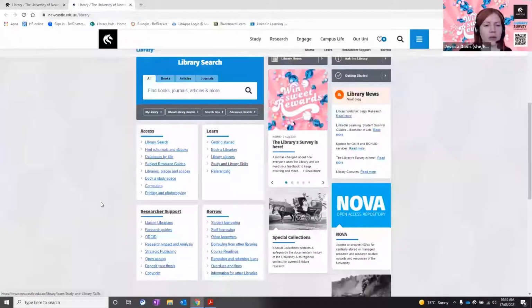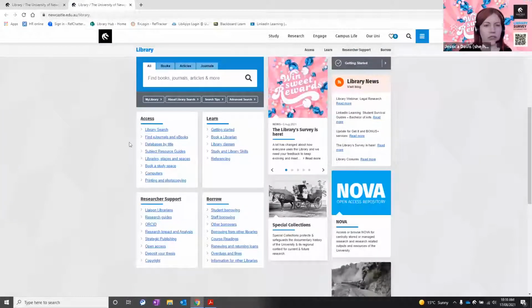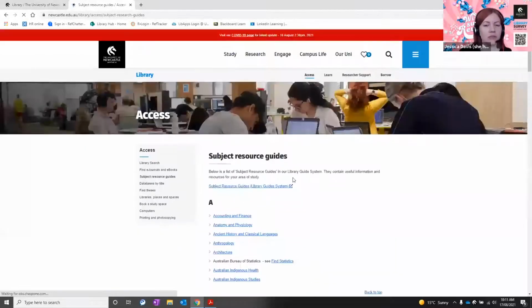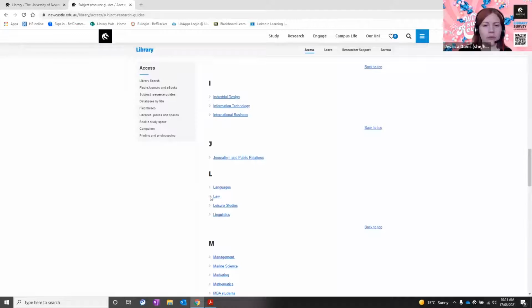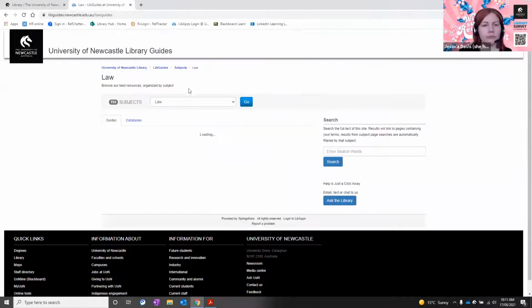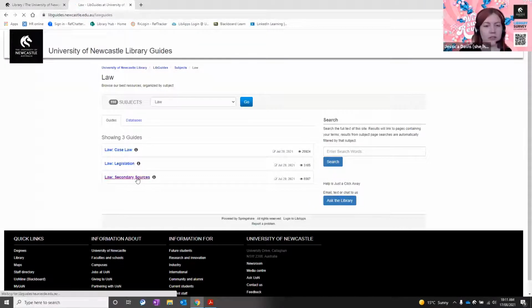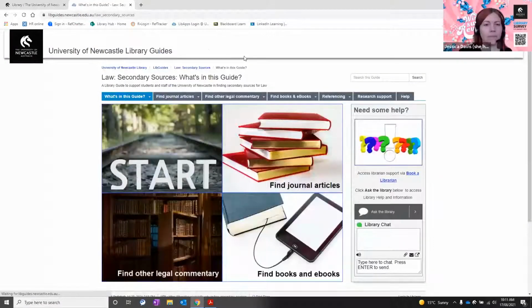So you go to the library homepage and then you scroll down to Access, and then we have the link to Subject Resource Guides. I will scroll down to L for Law. And you can see from here, we actually have 3 guides for law, one on case law, one on legislation, and one on secondary sources. So I'll just click through to there. And you can see we have links to how you can find journal articles as well as media resources in there.